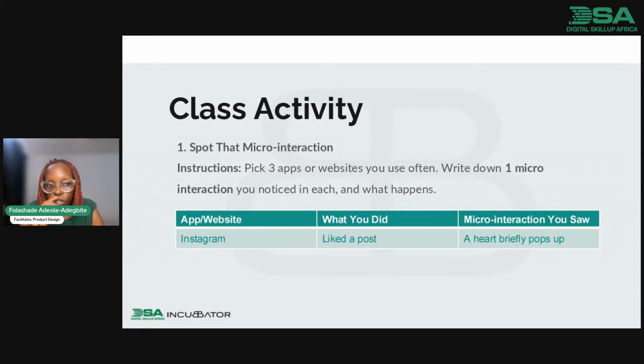Follow the table. So if you're writing Instagram, write what you did and the micro interaction you saw. Write the second one and the third one.